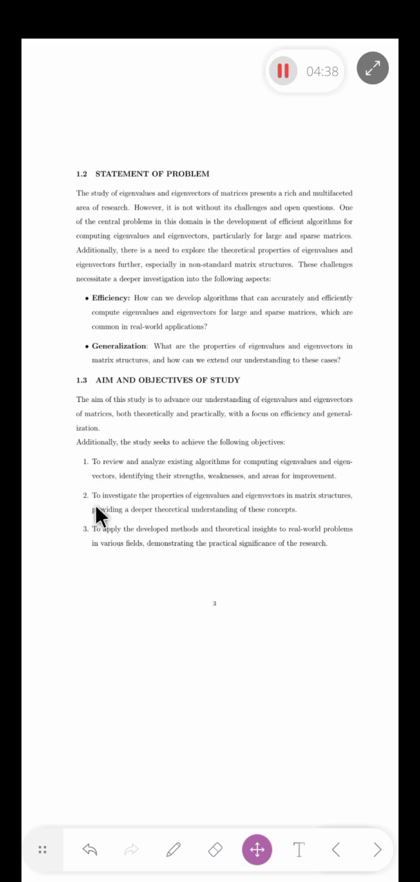And also, the second objective is to investigate the properties of eigenvalues and eigenvectors, and also to provide a deeper theoretical understanding of this concept. So, the third one is also well stated in this case. Now, whatever I've said so far gives us an insight into the statement of problem, the introduction, and the abstract of